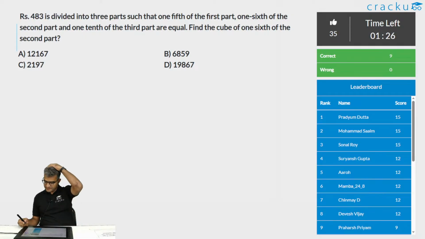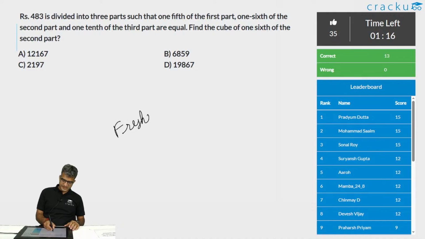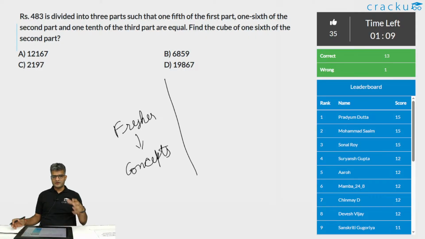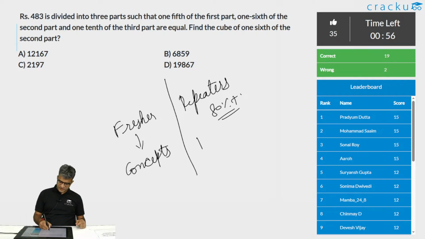Saksham Bhati is saying, sir, I am a repeater. So what would be a good strategy if I have the course? Our repeaters batch is mostly focused on solving questions. I think that should be the difference between freshers and repeaters. A fresher has to focus more on concepts because they are probably starting all of this for the first time. So for them, they might not be very comfortable with some of the basic concepts. So I would recommend them to spend some more time in concepts. For repeaters, especially people who have taken CAT at least once or twice before and scored say 80 percentile plus, focus mostly on solving questions. This I think is very, very important.